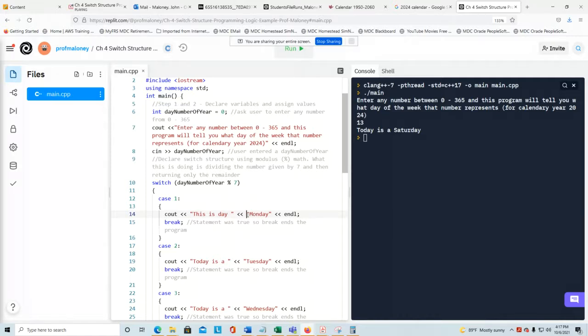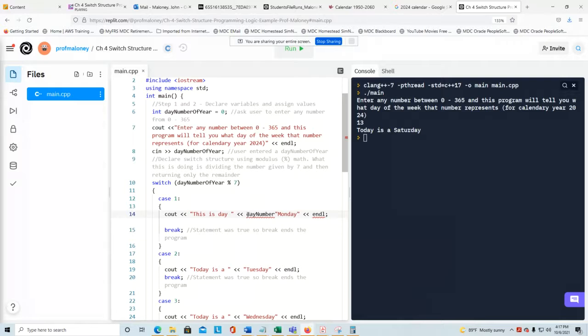Then here, I want to say day number of year, and then a less than. Remember I already have a space, so this is day, let's just say as an example, 14. Then I want another double quote, and after day I need a space, so I'll put a space there, which has a modulus, which has a remainder,